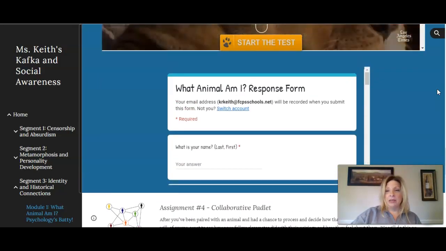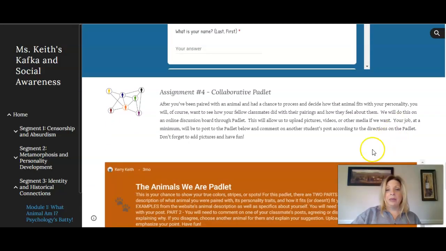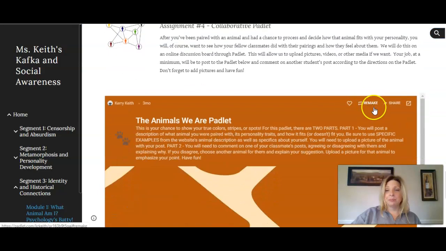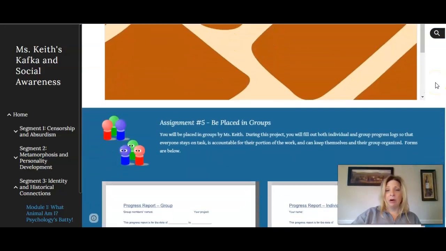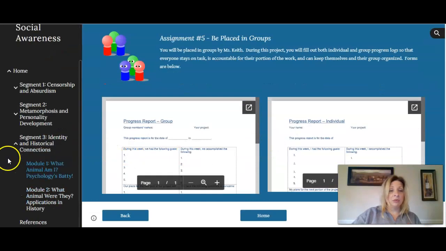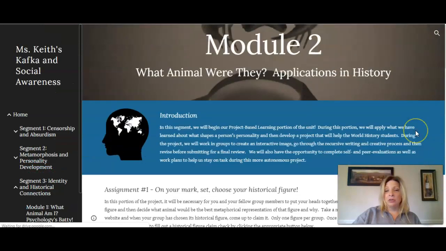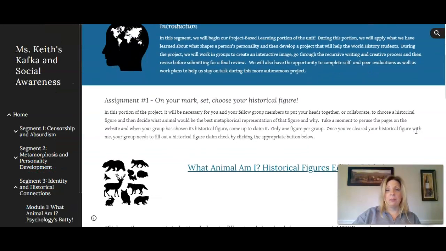So I have them take the test, do the Google response form, and then do a collaborative Padlet about what animals they are. And then what is going to be really great is when they actually get to contribute to the Historical Figures Edition website.